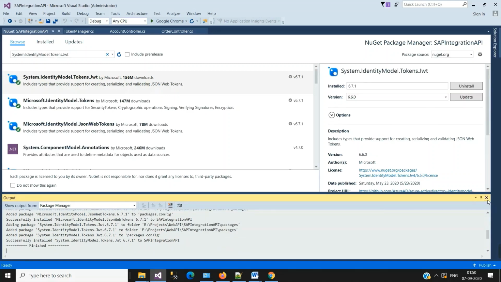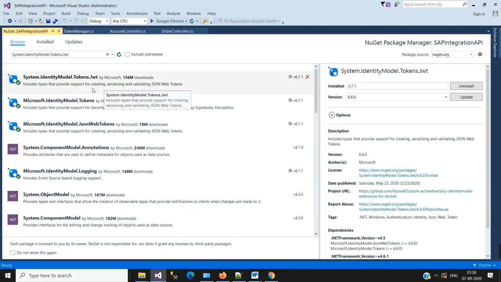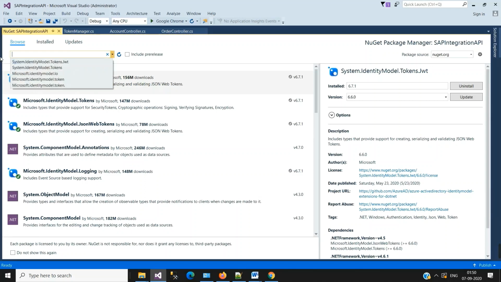The System.IdentityModel.Tokens.Jwt assembly has been added.